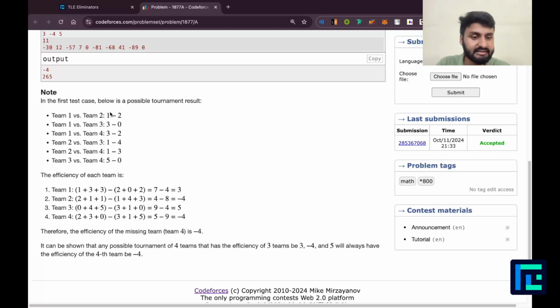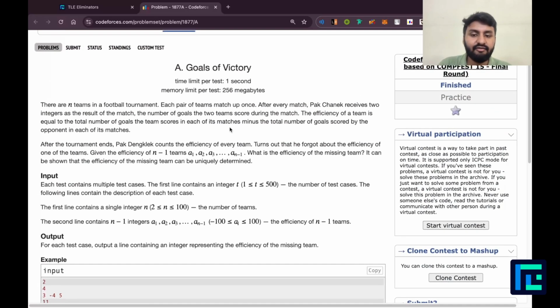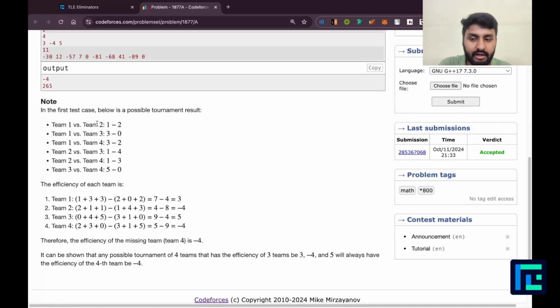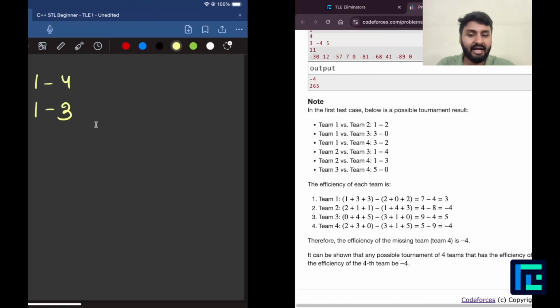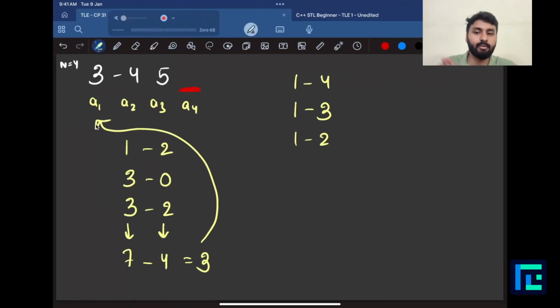But then when team 2 is fighting with team 1, over here I would say that team 2 has won in this case, because what they are saying is that if you are talking about the efficiency of some ith team, then all I need to see is how many goals that team scored, and that will get cumulated. And then I need to subtract the number of goals that its opponent had scored. So over here, when team 1 and team 2 fought, they had a score of 1-2. That meant that 1 score was made by team 1 and 2 scores were made by team 2. So when I want to add, I would not write this as 1 and 2 because that's the score between 1 versus 2. Basically, I can just write it in a reverse manner, which would mean this is the score 2-1